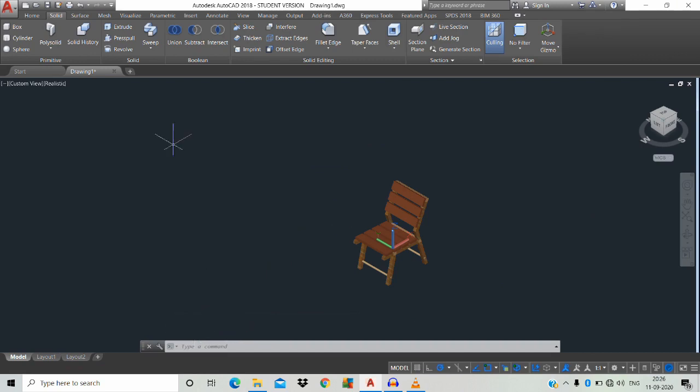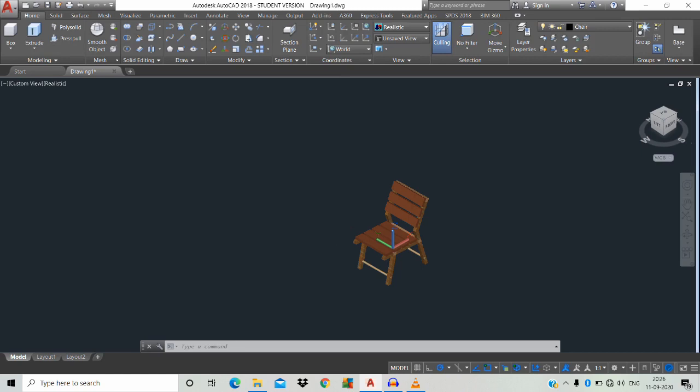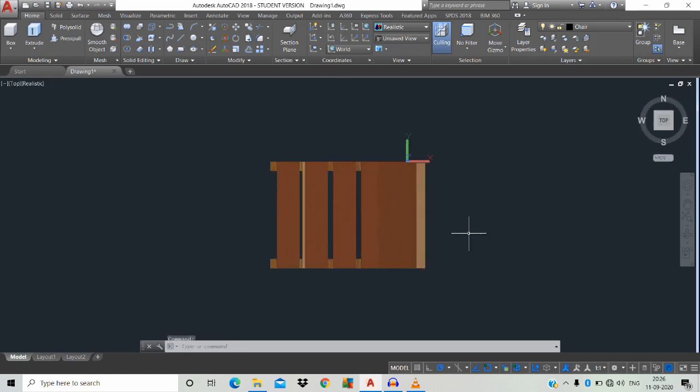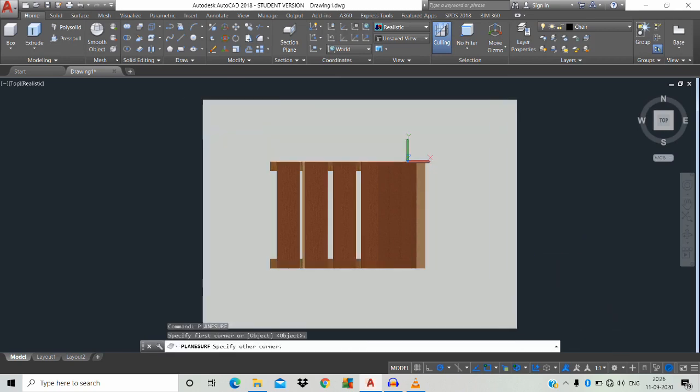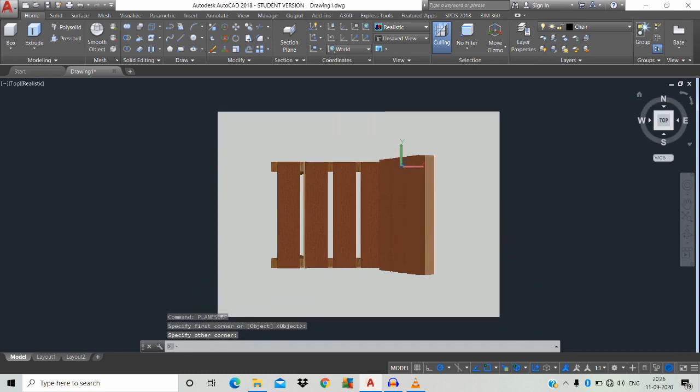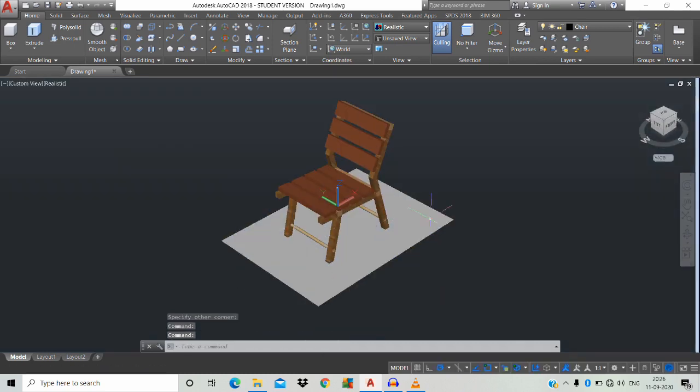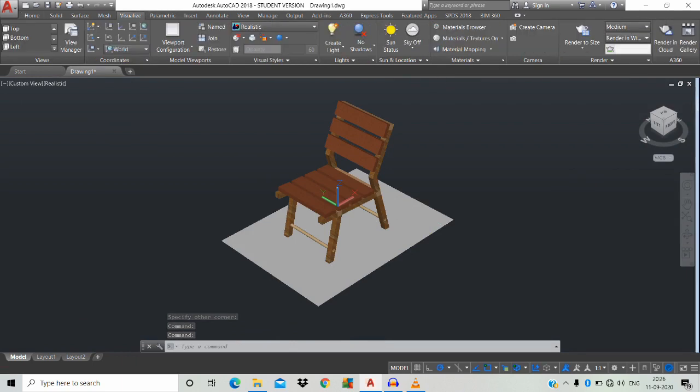Okay, now just go to top view, give a command PLANESURF space, just left click and give some direction, left click. Okay, then go to home screen, go to visualize, medium, just change it to high.